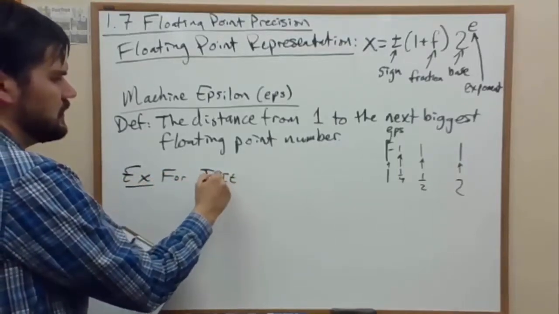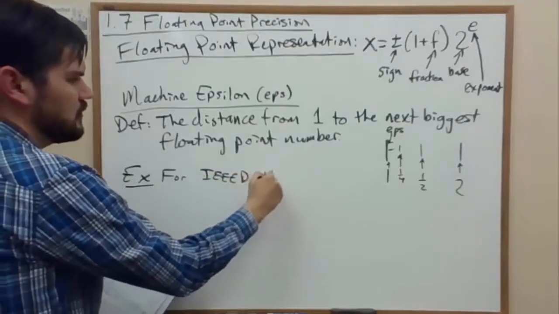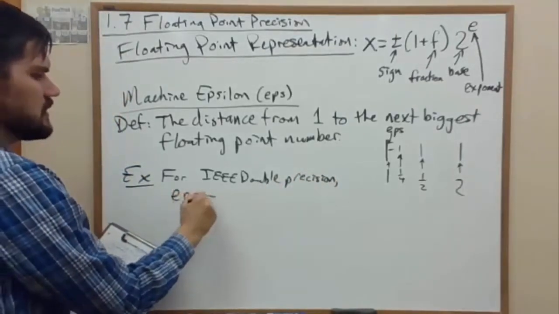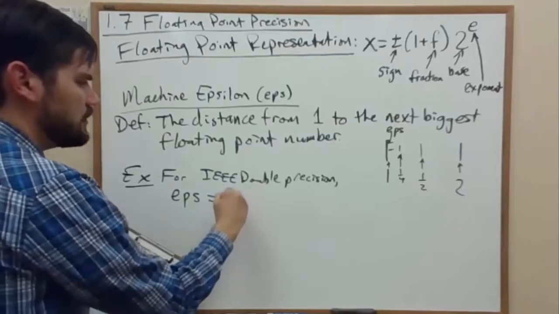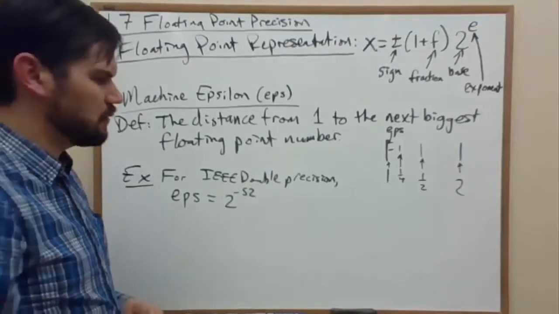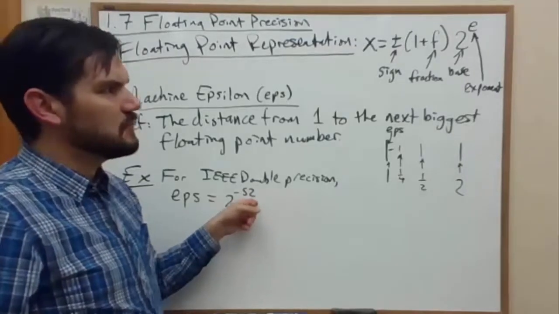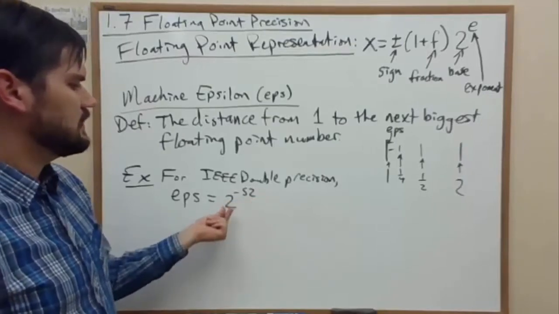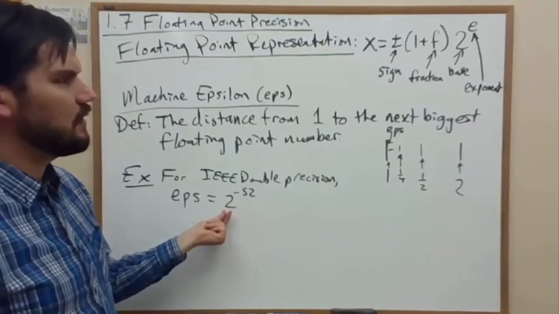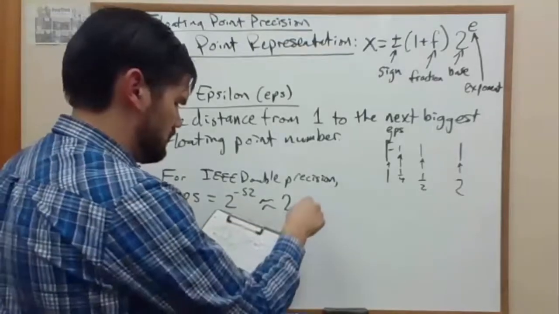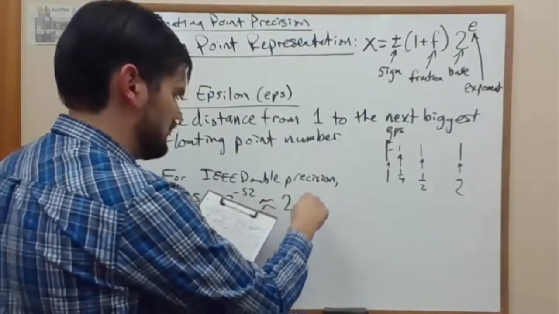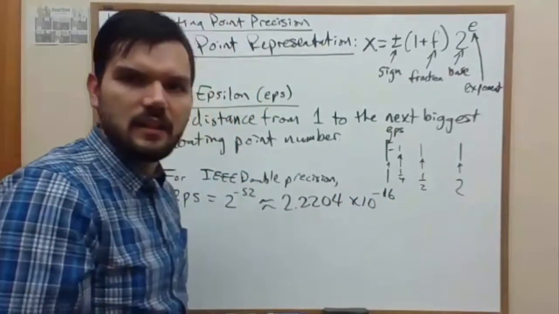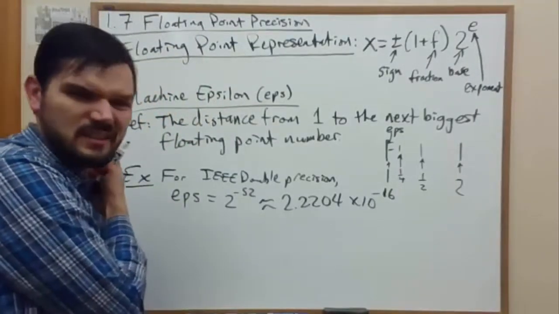For IEEE double precision, epsilon is defined in binary as 2 to the negative 52nd power. Why? Because our precision utilizes 52 digits. So then the closest we can get is 2 to the negative 52nd power. Now this value is 2.2204 times 10 to the negative 16, essentially 16 digits. We have precision to about 16 digits,